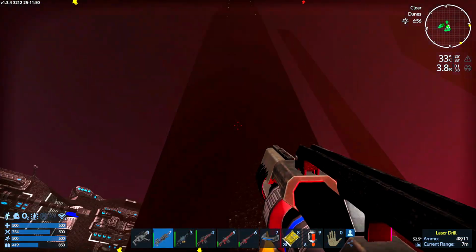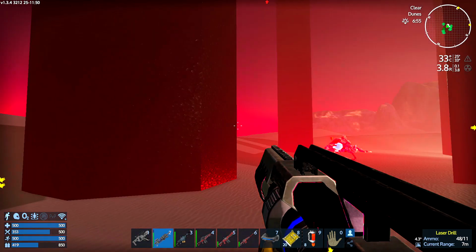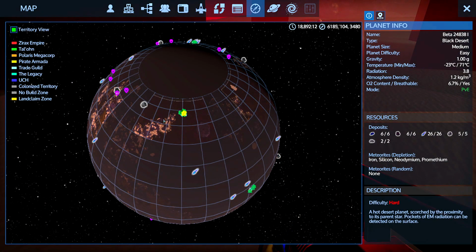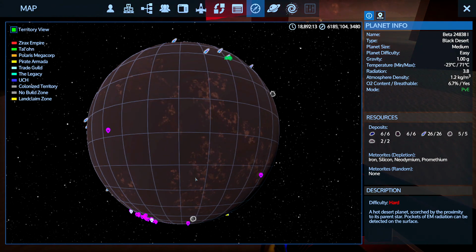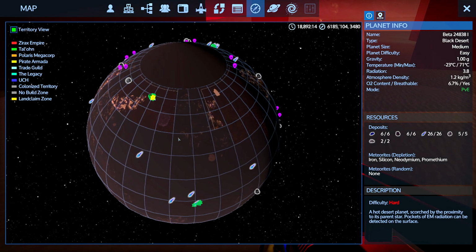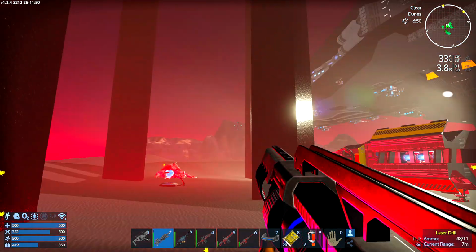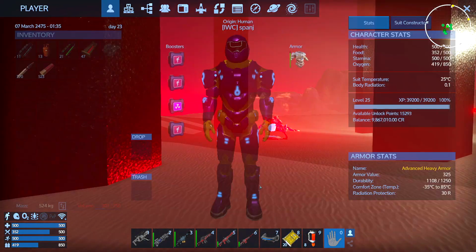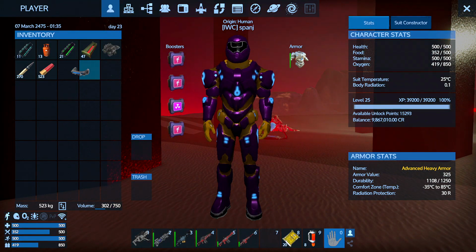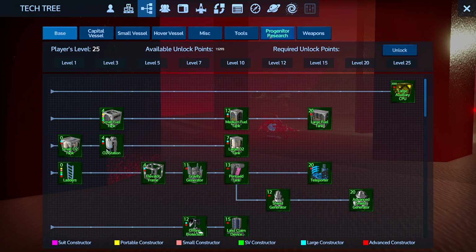So I'm completely wrong. Voidium is actually in the form of Voidium crystals on black desert planets like this one. They actually have their own map markers as well, so you can waypoint them once you've found them, that is. And they look a bit like this. And actually, they're nothing to do with the mining or anything. It's all to do with the scanners. So as long as you've got a scanner in your inventory, then you can actually harvest Voidium. However,